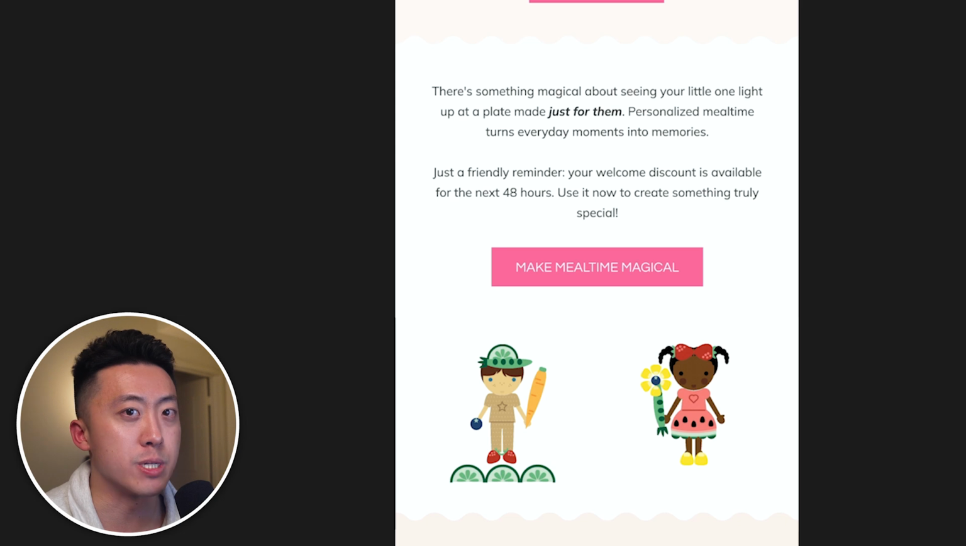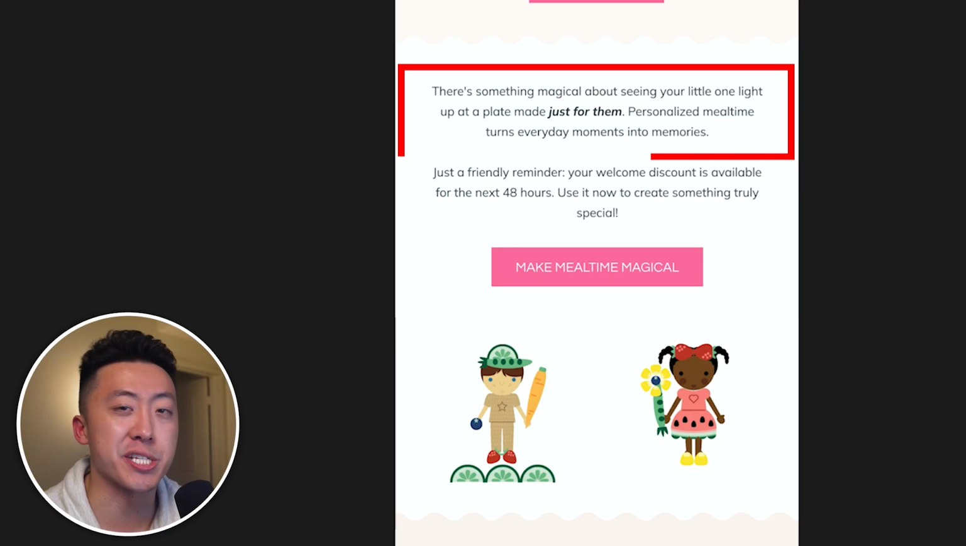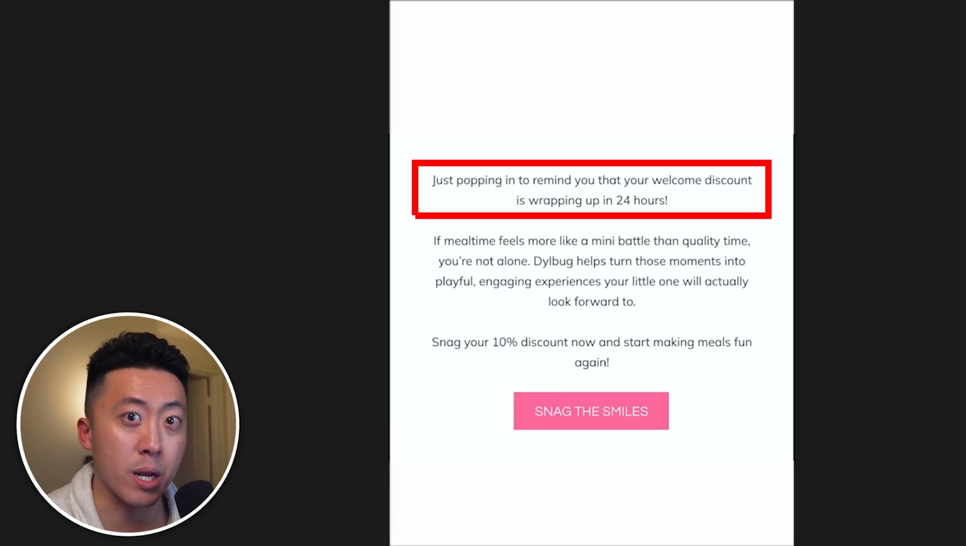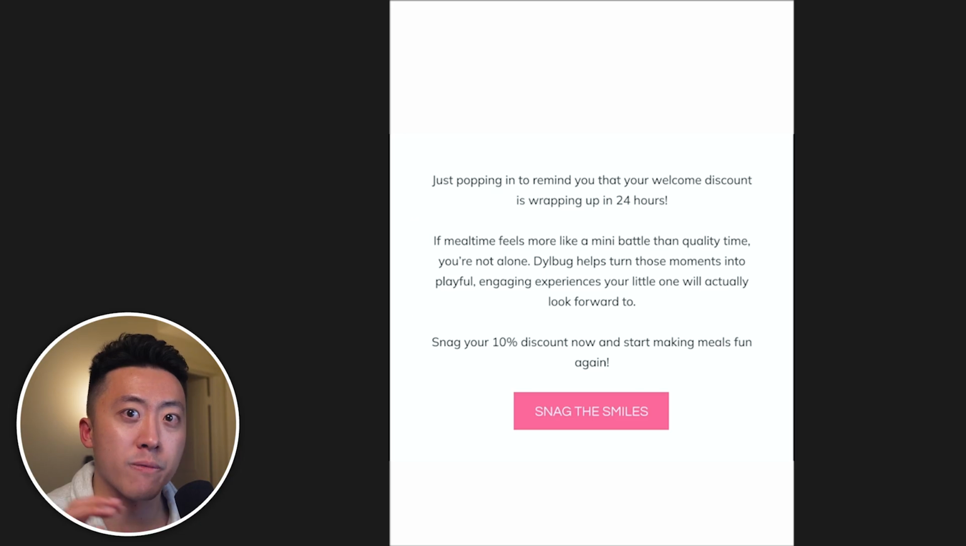Now, email number 2 taps into the emotional connection and personalization angle. It highlights how special it feels when a kid lights up seeing a plate made just for them. Then in email number 3, we bring in urgency and revisit the pain point of mealtime stress, but this time pair it with a stronger call to action. It reminds a parent that their discount is expiring soon and reinforces how Doughbug helps bring joy and engagement back